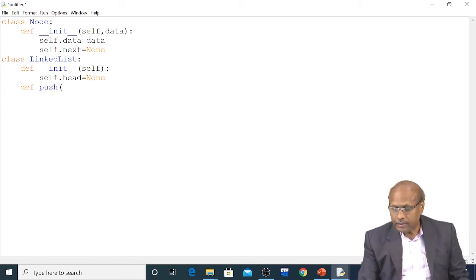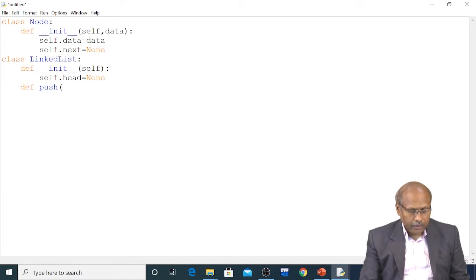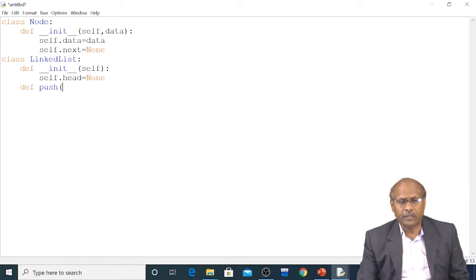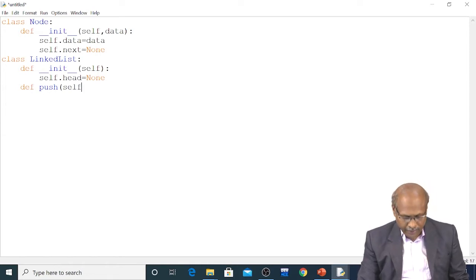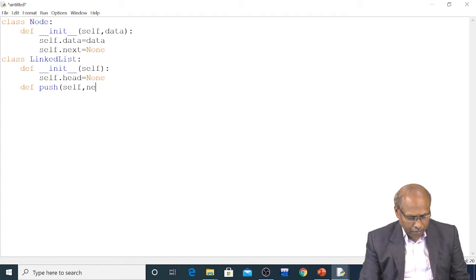What I have to push? Because I have to push my new data. And my push is my member method. So whenever you want to make this a member method, then you should write a keyword called self. If you are not writing self, then that is not a member method, because in object-oriented programming, whenever you want to make that method a member method of a class, then you should write the self keyword. So the self keyword helps you to make this method a member method, followed by whatever data you want to pass. My new data I want to pass. I am passing my new data.